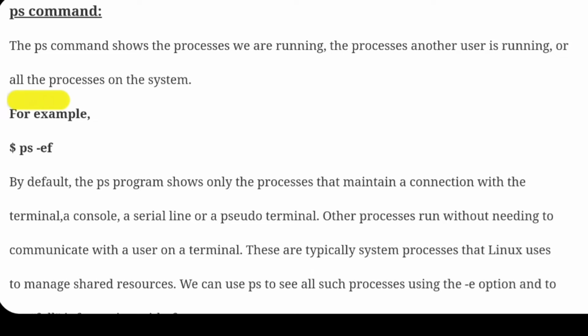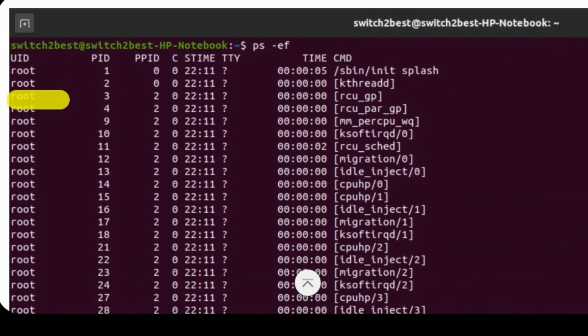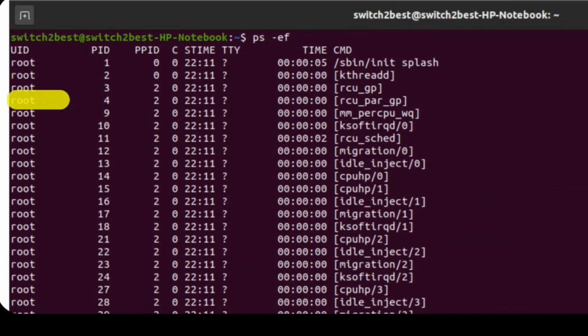Now let's discuss the ps command. If you want to know the list of processes working under your system, you can see the process list using this command. The command name is the ps command, and this is the syntax. You can simply type it on the terminal also. I have given an example here for my system. I have given this ps command, and it shows all the processes under root and all users.